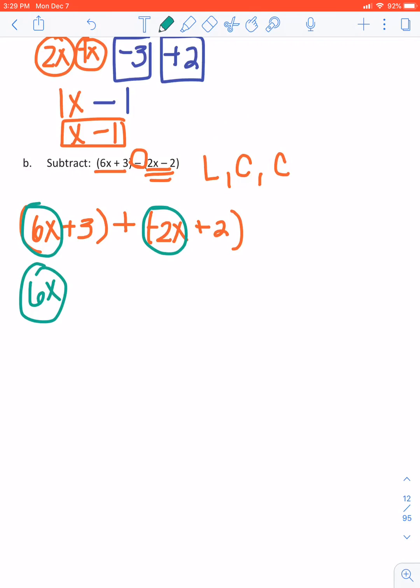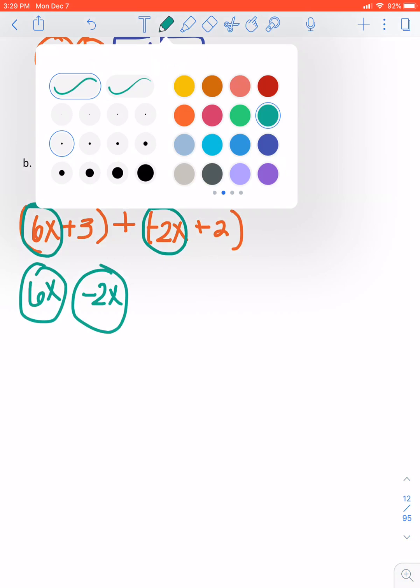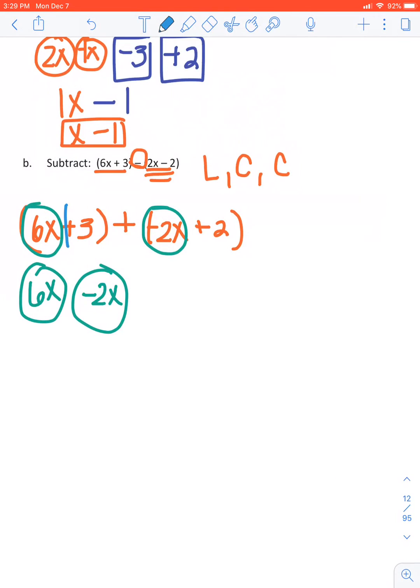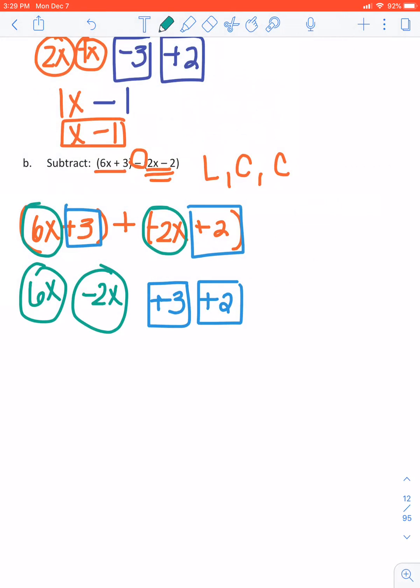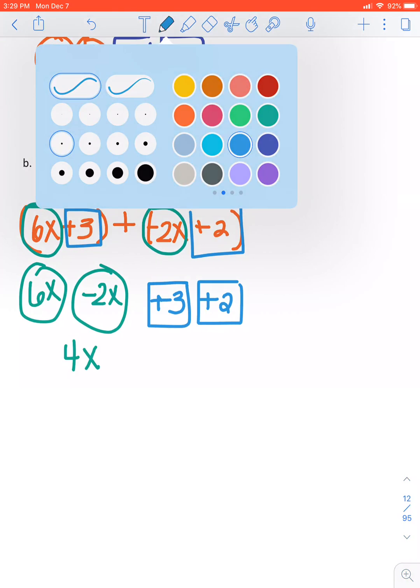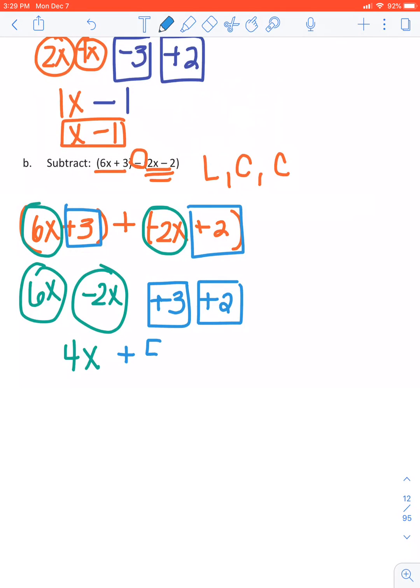I'm going to put them next to each other. I'm going to do plus 3 plus 2. And I'm going to add. So 6x plus negative 2x, that gives us 4x. 3 and 2 gives us 5. And that's your answer because you cannot